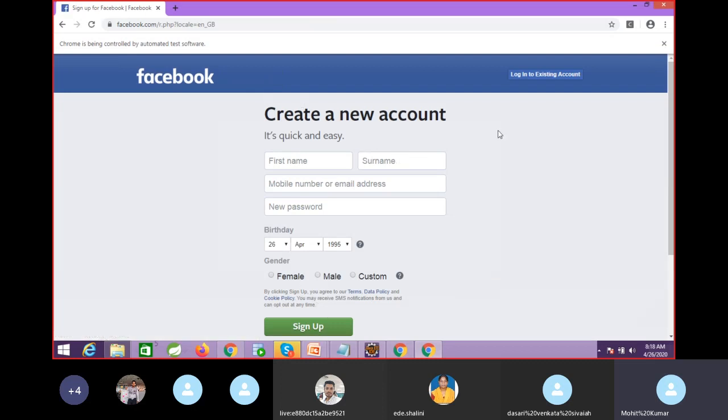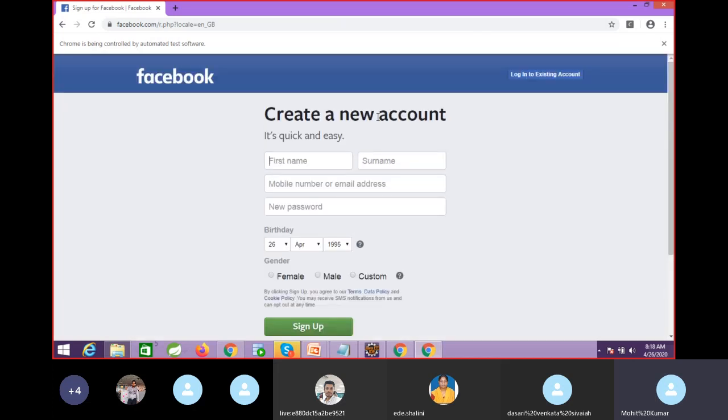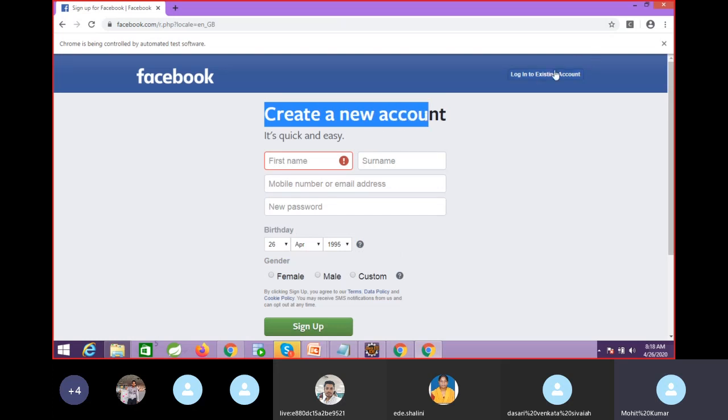If you do this practice, then you can work with your drop down and your radio button. This is your text; whatever text you are entering here, you can verify, or you can verify whether this is displayed properly or not, right? This one also you can verify.